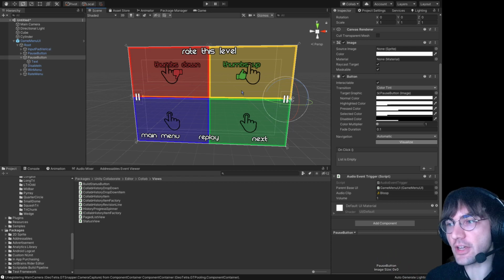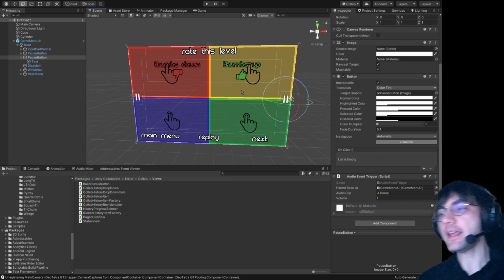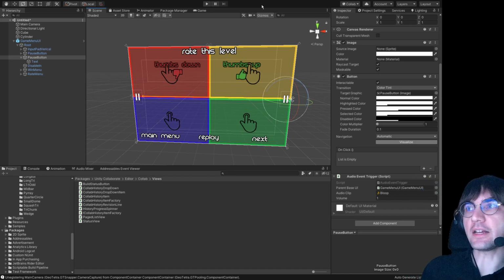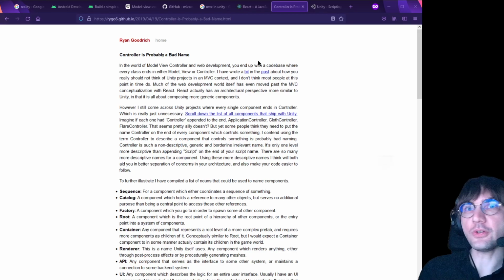And this actually is not true. It informs a different kind of architecture when you start approaching things as entities and components that MVC does not inherently inform. And what I mean by this is, if we go to